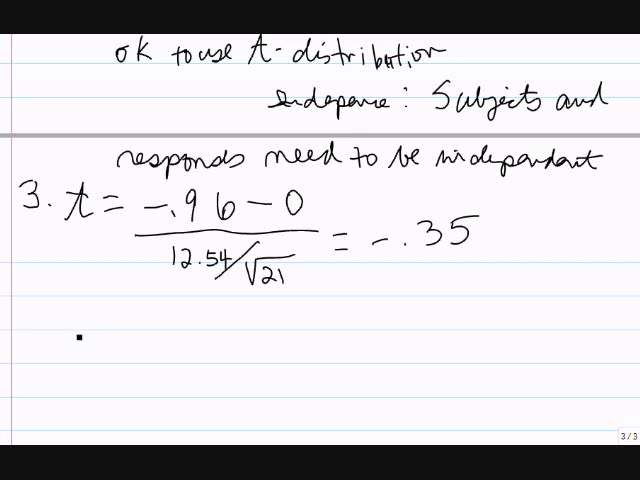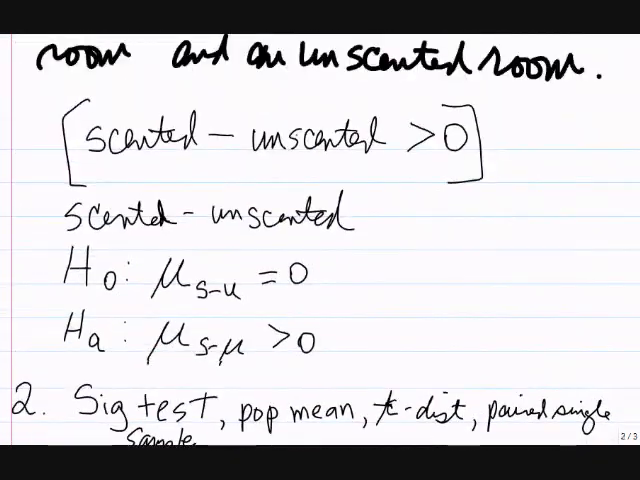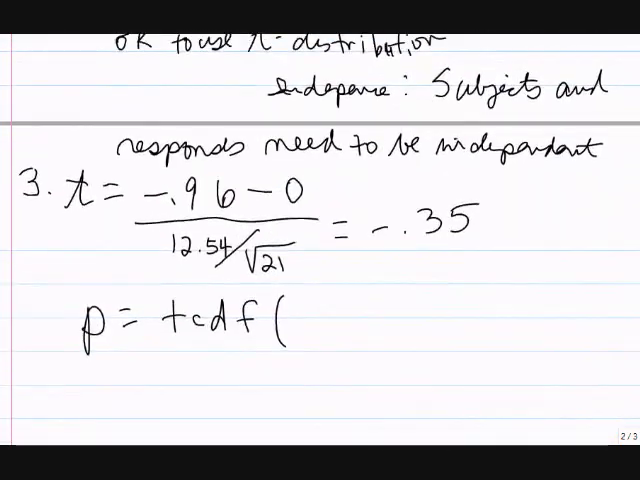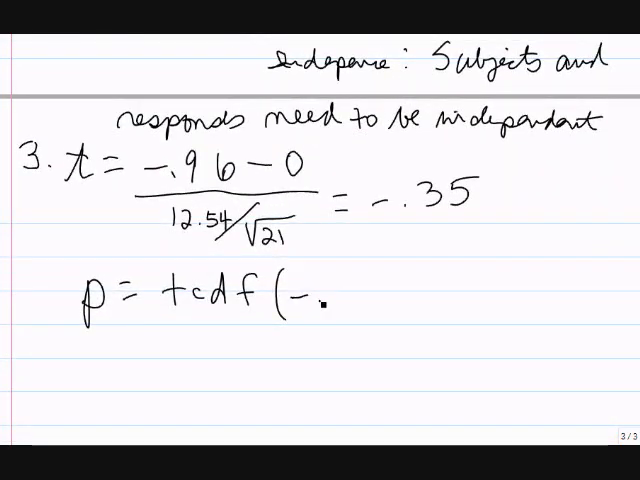And to get my p-value, I need to do a t-CDF. All right, which side are we looking at here? We're looking at a greater than. So we have to go from negative 0.35 to positive infinity. When you say p equals, what's p? That's called the p-value. It's the probability we get a sample this extreme or